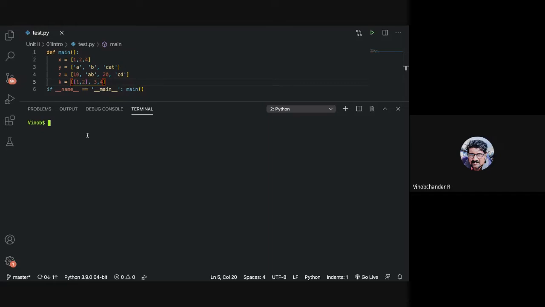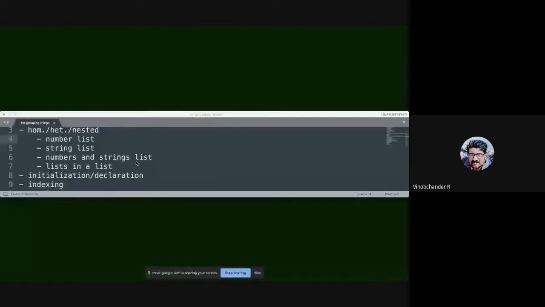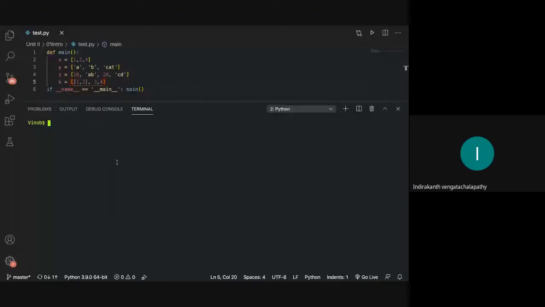Understanding how you actually initialize or declare a list. Next is indexing. So how does indexing work in a list? It starts from the left hand side, counting from 0. Correct.